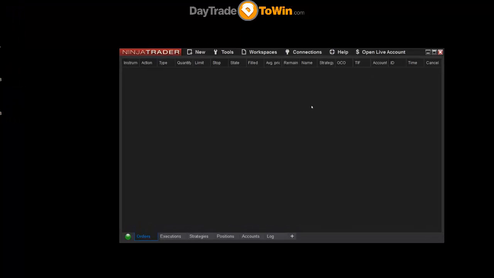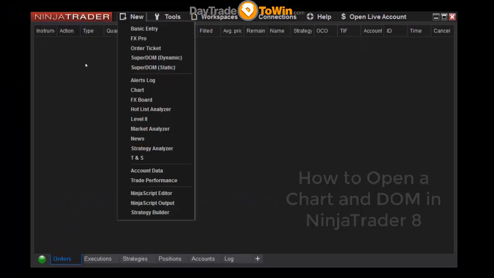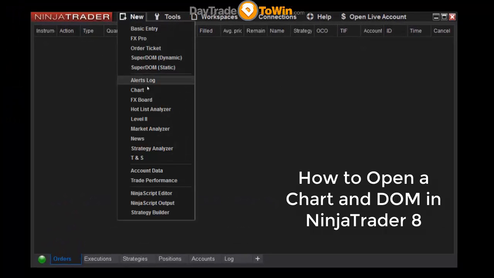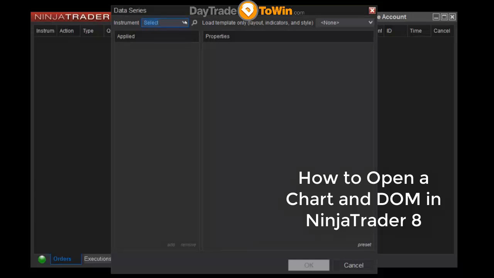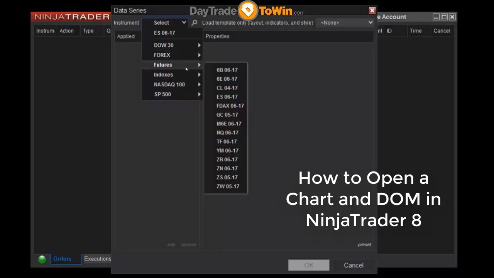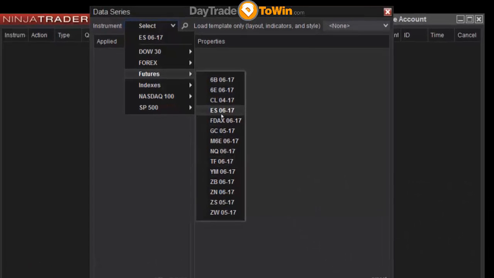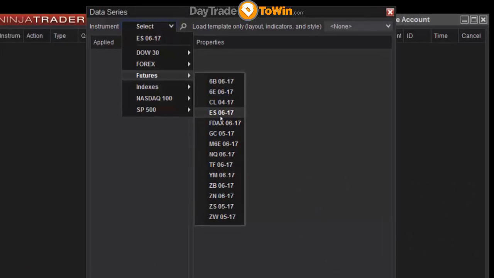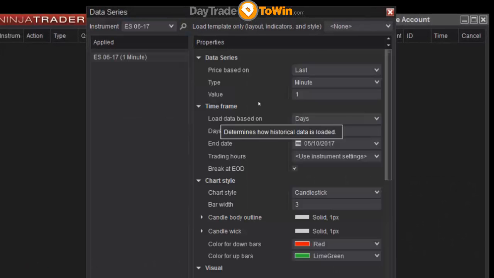Okay, so we're connected to the market. What's next? We need to actually open up a chart. So we're going to do that by File, New Chart, or New Chart in NinjaTrader 8. Select the market that you want. Most of the time, it's good to use the E-mini market just because it's probably the most popular futures market. So if you go to Futures and click on ES 0617,